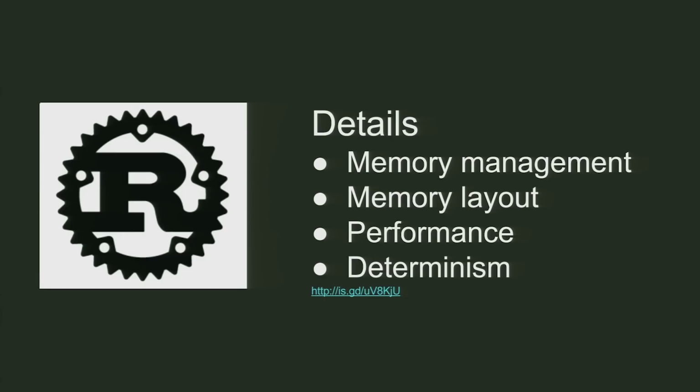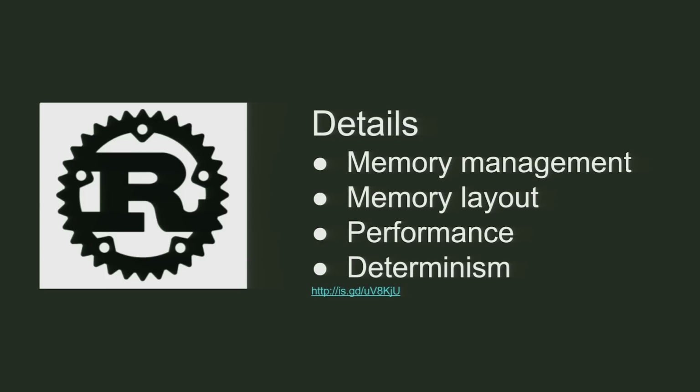I come from the Ruby world previously, and one of the things that we really commonly say in Ruby land is, Ruby is slow, but that doesn't matter because the network is the bottleneck. Ruby uses a lot of memory, but that doesn't matter because memory is cheap, all that kind of thing. But the problem is some applications, memory usage does actually matter, or the speed of Ruby is actually a problem. And that doesn't make Ruby a bad language. That means that Ruby is good for certain kinds of things.